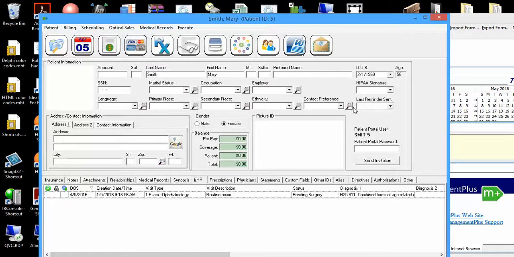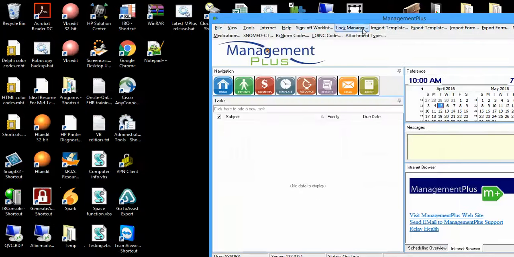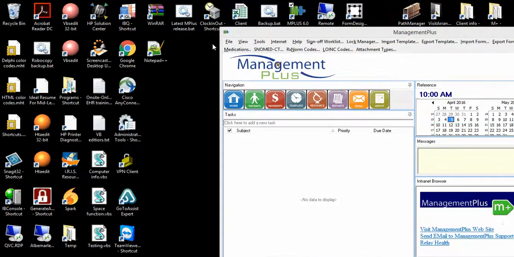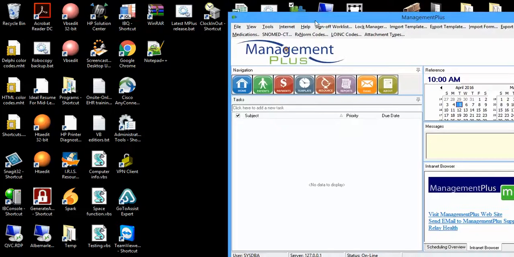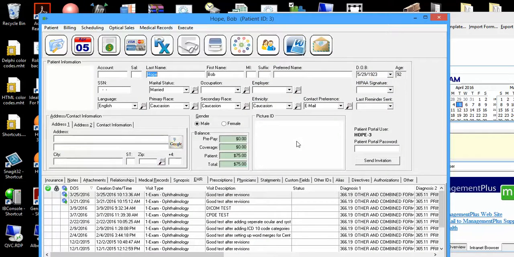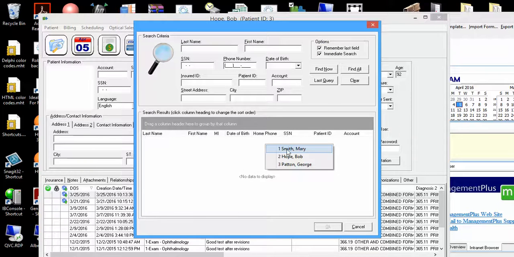So we have the CCD document exported and saved into a location on my computer. If I were going to send this information via direct send, I would launch that and attach those files. We'll cover that in a separate training webinar. Okay, we're going to close this database out here. I have another database open, and for our training purposes, I'm going to go into Mary Smith's